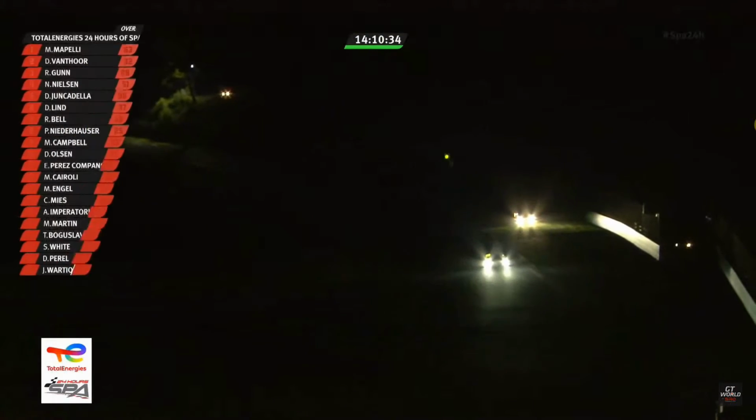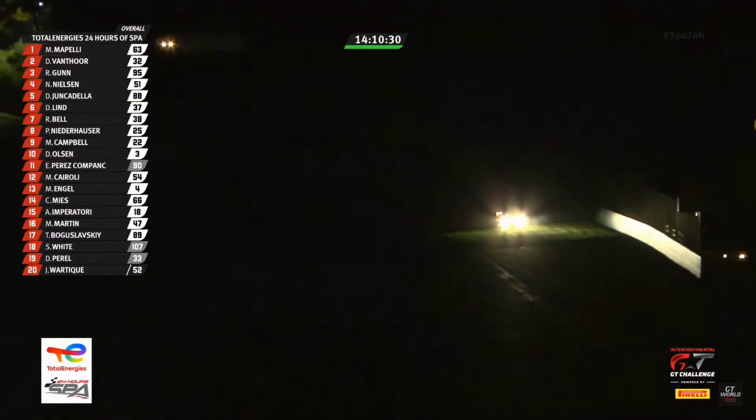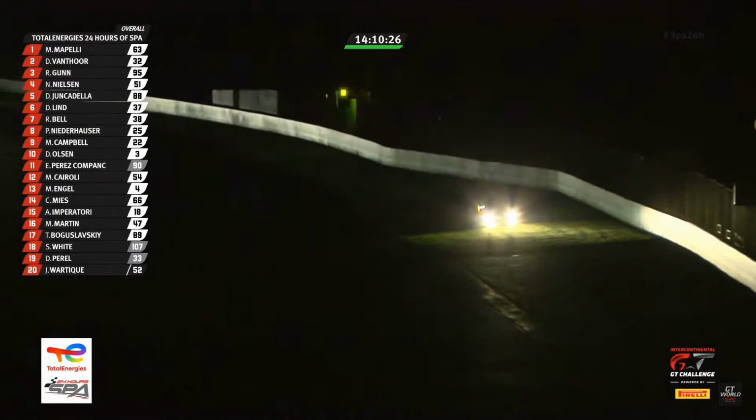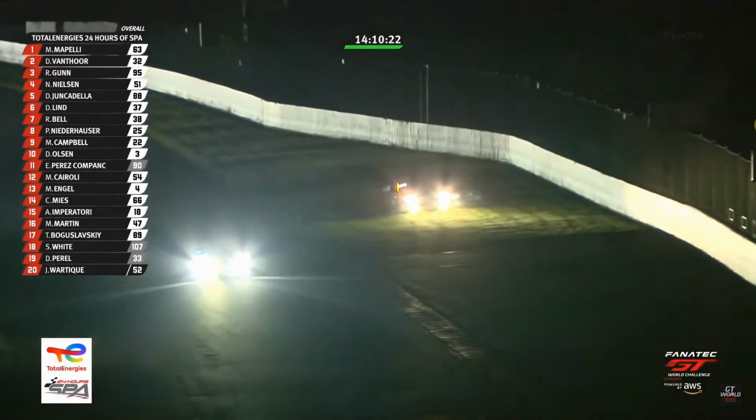How many times, Charlie, does it happen that when you lose one car, at the same time you lose the sister car? It's just so cruel. There is the sister car. Can't believe it. Failure for the number 34 Volkenhorst car. And it's interesting that Thomas...